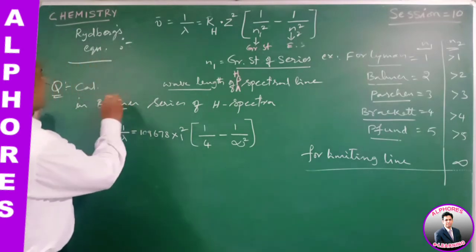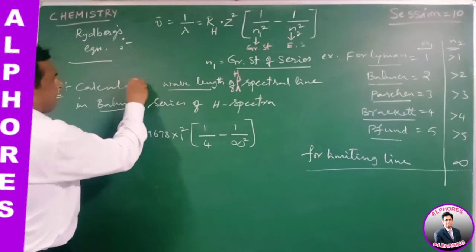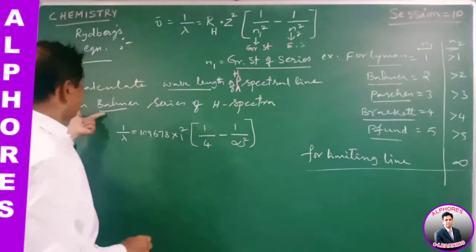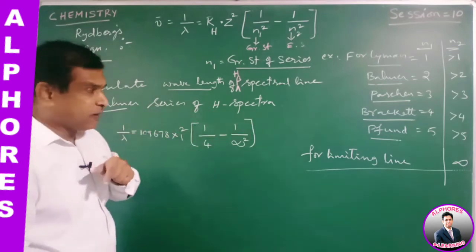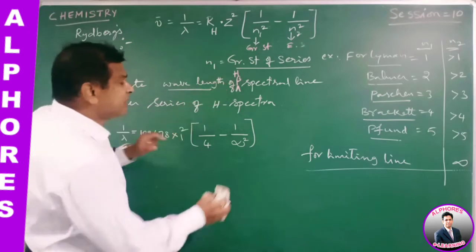Calculate the wavelength of H beta spectral line,